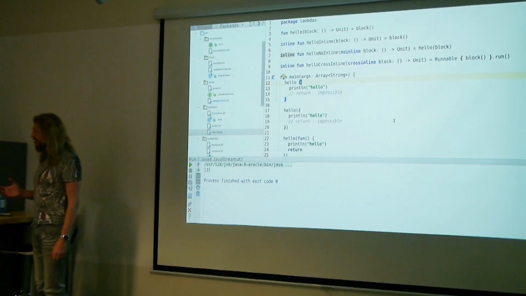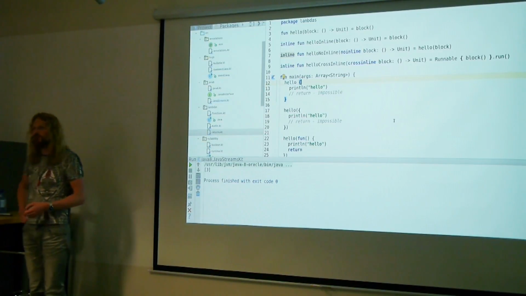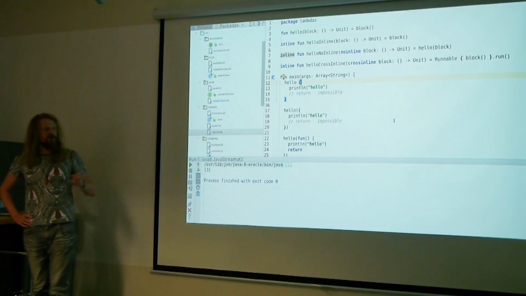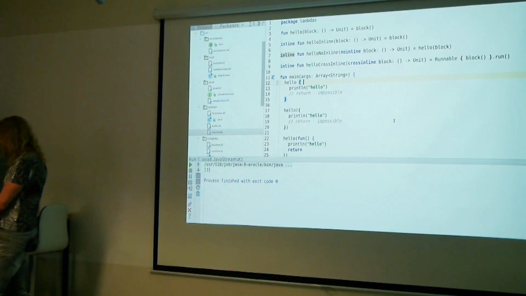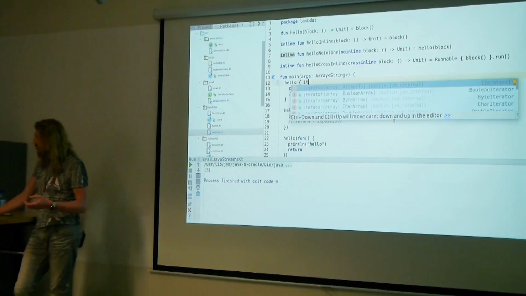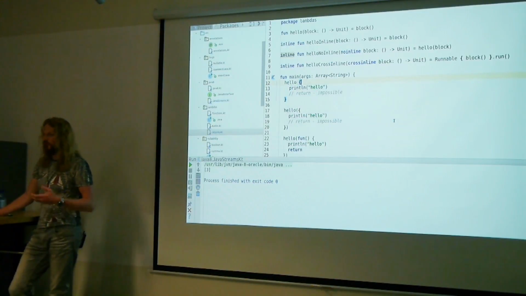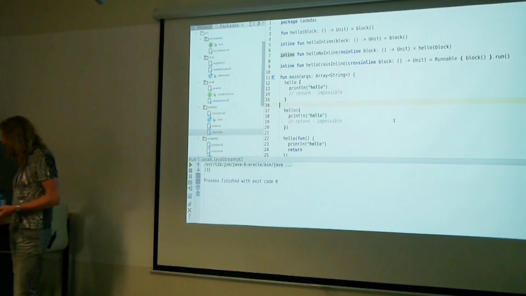So that's why it didn't take the syntax of Java 8, but it took the syntax of Groovy, just to make these kinds of things possible. And if the function takes a parameter and you don't define the variable, there will also be an it defined for you, like in Groovy as well.